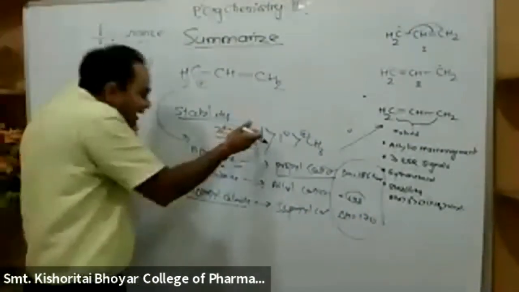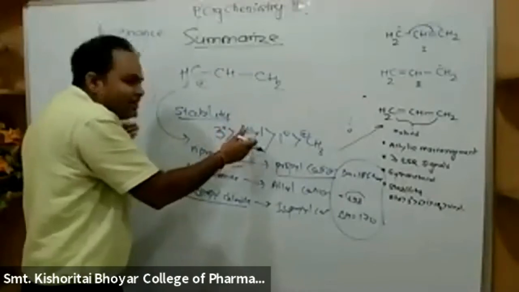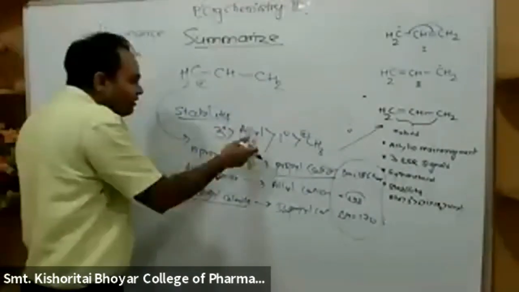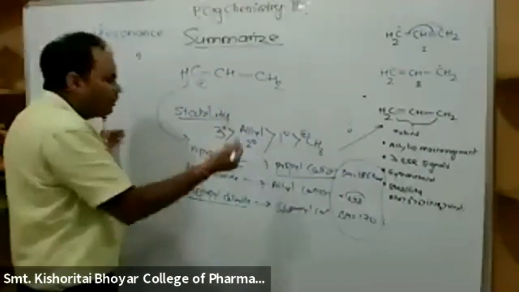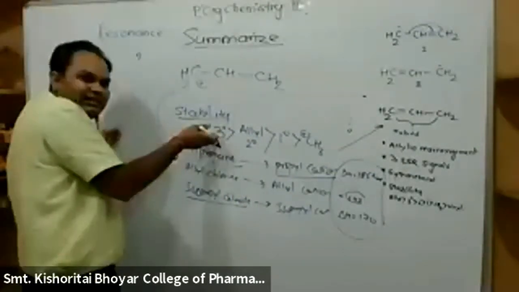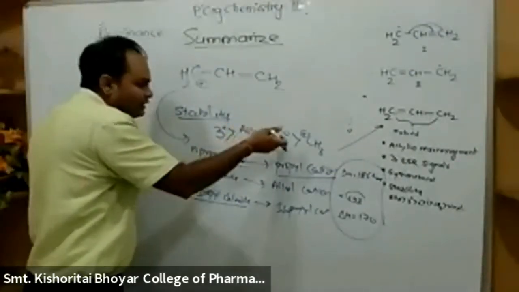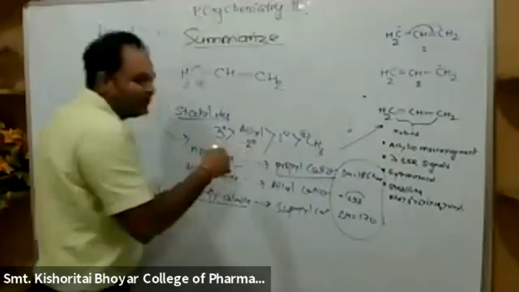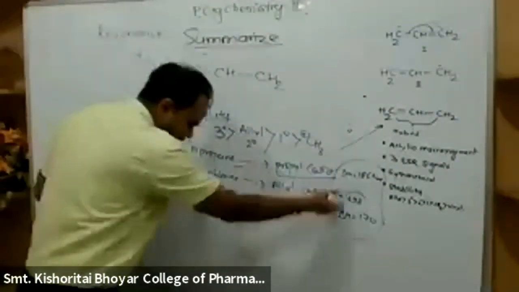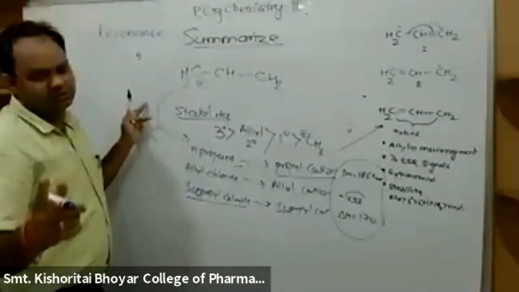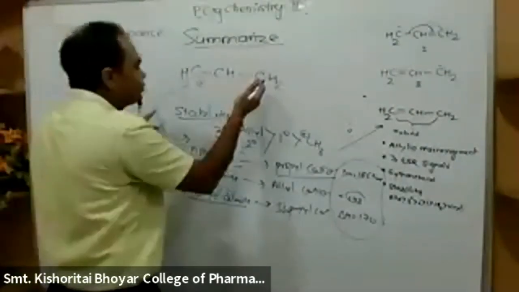So we know that the allyl cation has a stability similar to that of the secondary one, and therefore the stability sequence of carbocations becomes: the tertiary carbocation is the most stable, then the allyl one, then the primary, then the methyl. Then again, why is the allyl carbocation more stable? Because of the resonance, because we again have two contributing structures.